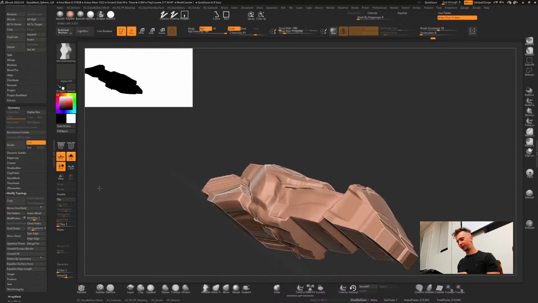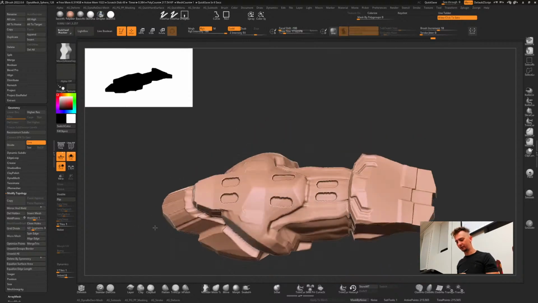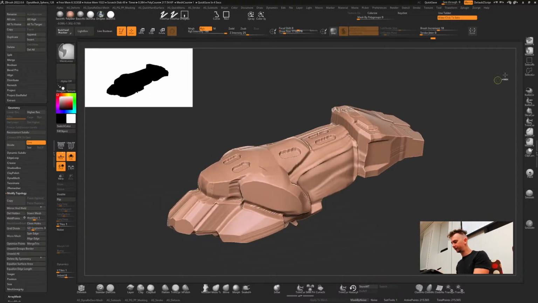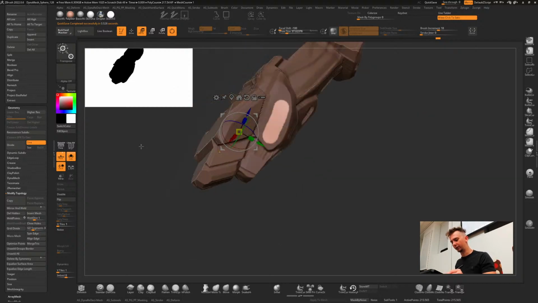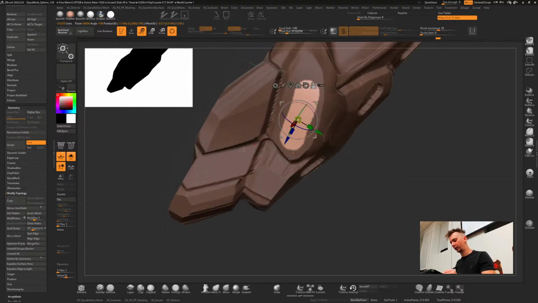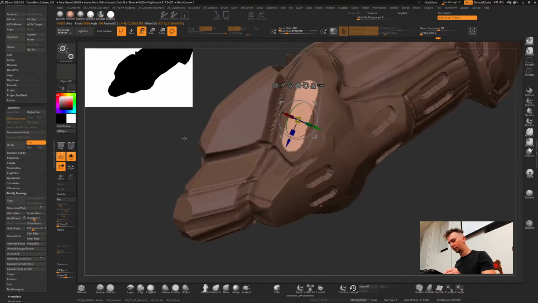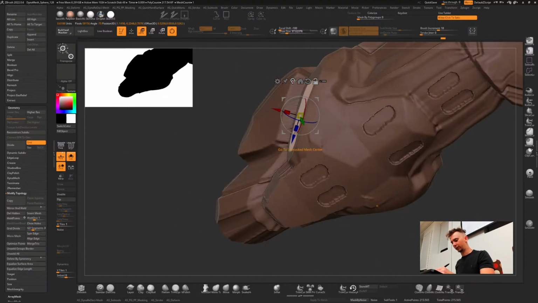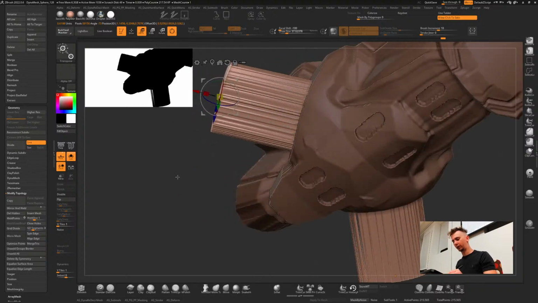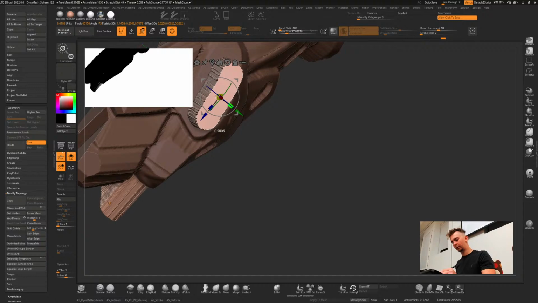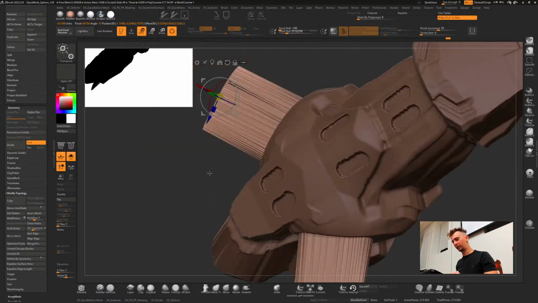This is the weirdest spaceship. It looks more like a space train, but I'm just gonna embrace it and go with it. Let's give it some wings. So I like to mask out and just use the move brush, and with this move gizmo you can alt click on a surface to pick its normal. You can also alt click this thing to go to the center, and then you can just extract. And then we can make it a wing.